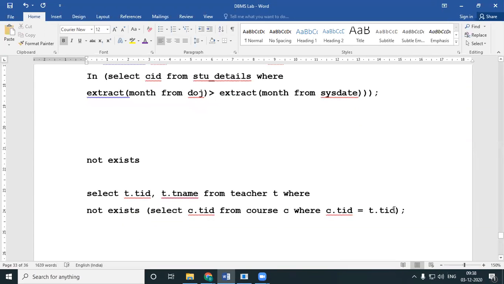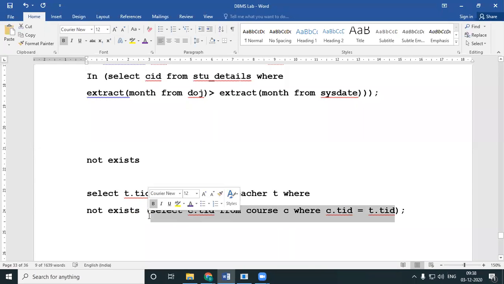Okay, you're checking for equality and then you are finding out which is not there, whichever is not there.